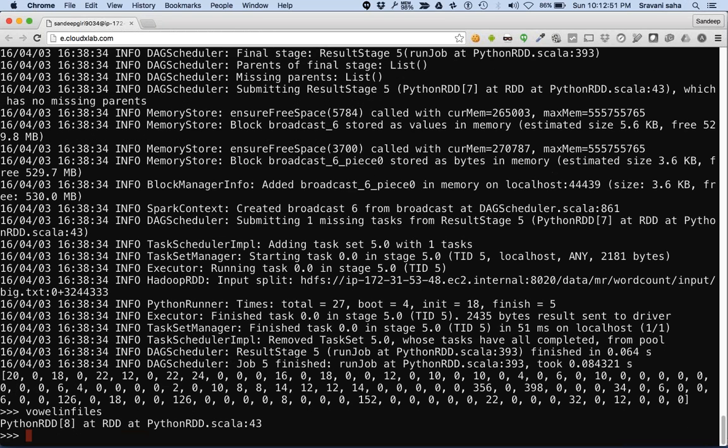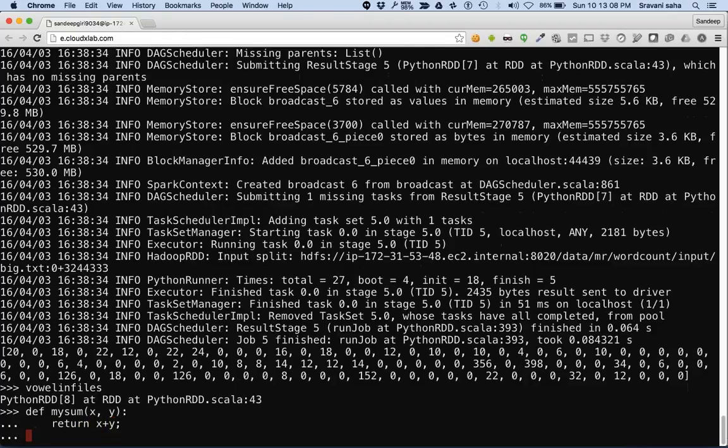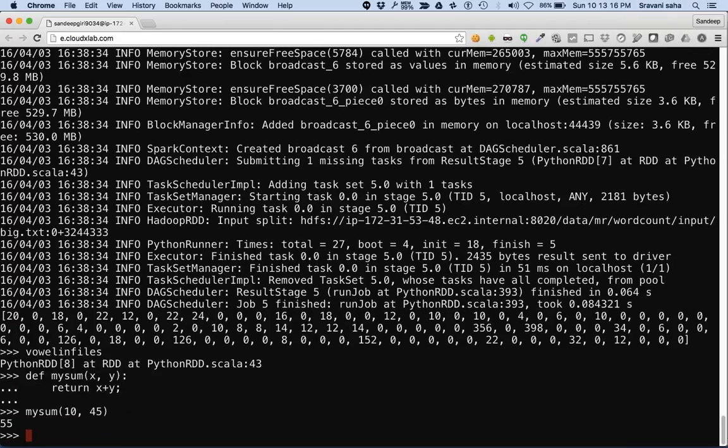Now we want to sum up all of these values. So we define a sum function which takes only two arguments and returns the summation of the two. Let's test it first before sending it to Spark. Right now we are just testing it in Python. It works fine and gives us the right results. So let's execute it as a reduce function.